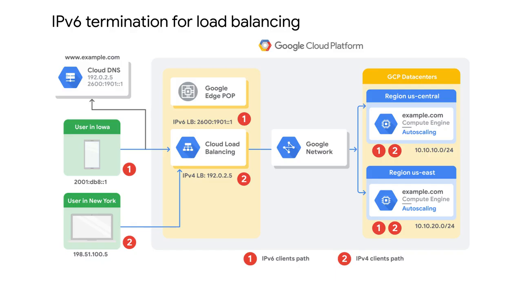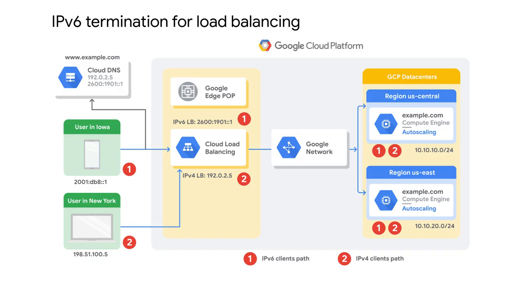Well, the load balancer acts as a reverse proxy, terminates the IPv6 client connection, and places the request into an IPv4 connection to a backend. On the reverse path, the load balancer receives the IPv4 response from the backend and places it into the IPv6 connection back to the original client. In other words, configuring IPv6 termination for your load balancers lets your backend instances appear as IPv6 applications to your